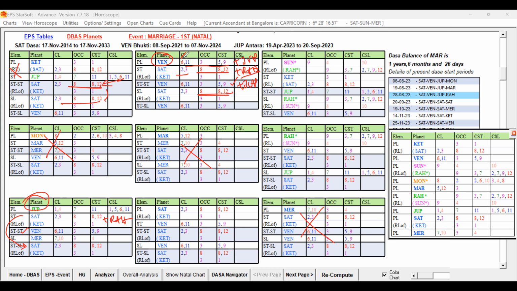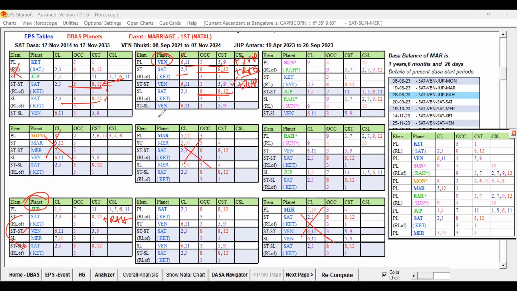Moreover, the source planet is not talking about the 7th house. It is talking about the 6th lord one. The 6th lord, that is also not good. But though it is the 6th lord, it is not weak, and its star lord is not having any 8th house or 12th house in the CL. In that case, if it is present from the CL, and it is having unfavorable, then the unfavorable may be more, right? So Venus is comparatively better than the K2.